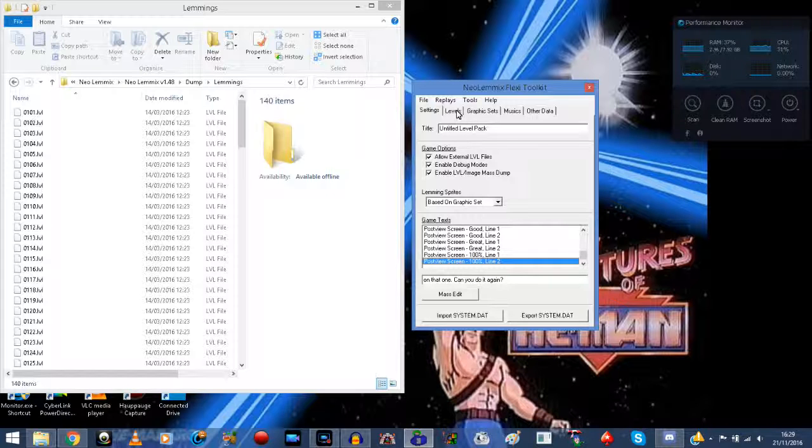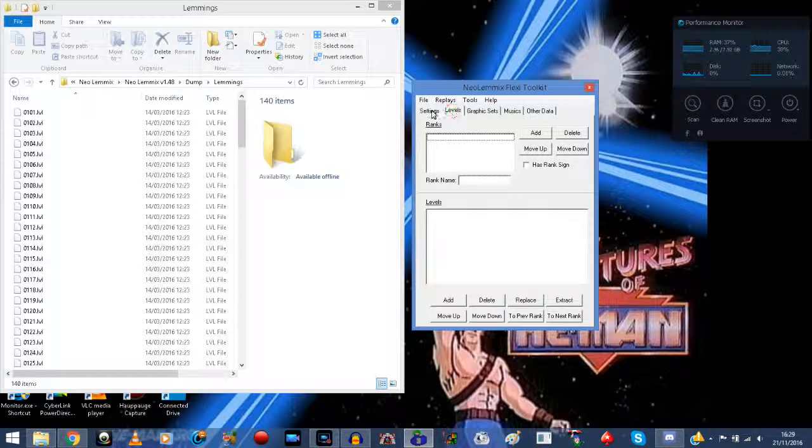So now we'll go on to levels. Now I assume when you're viewing this that you've already got levels and you want to make an NXP out of them. So you get ranks and levels here. So for ranks,